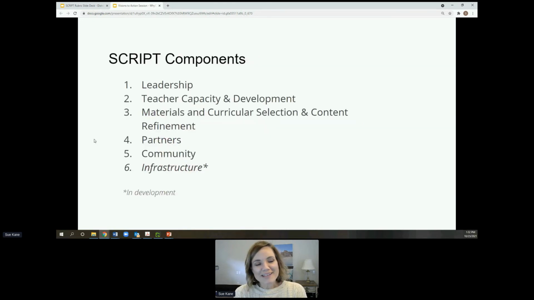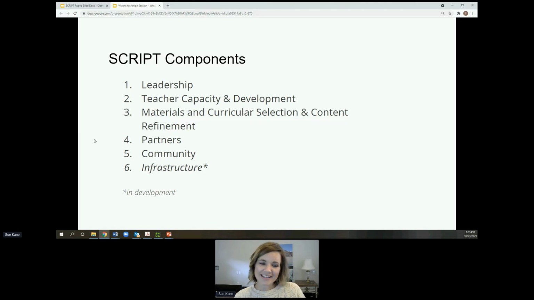So what are the SCRIPT components? These are your rubrics that you're going to be working through with the district team. And it assesses on different criteria, but there's a rubric for looking at leadership. We were talking about the district admin leadership, the teacher leadership, who is going to be reinforcing the communication, who's going to be reinforcing that implementation plan. Leadership comes in many different places in a district. And this allows you, in the scope of that rubric, to really make concrete observations about here's where we are, here's where we want to be.